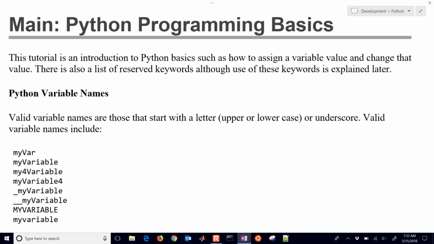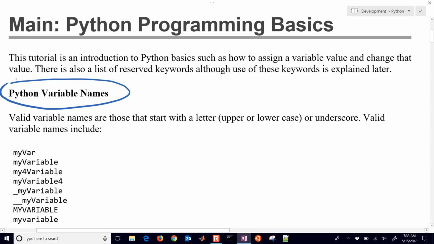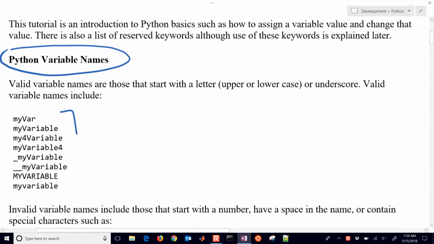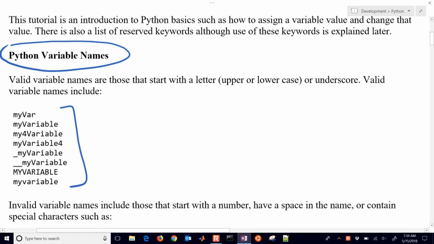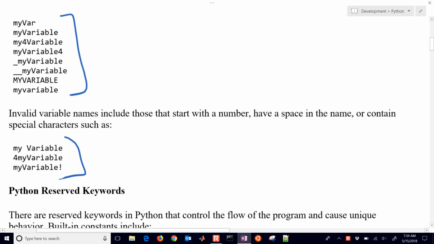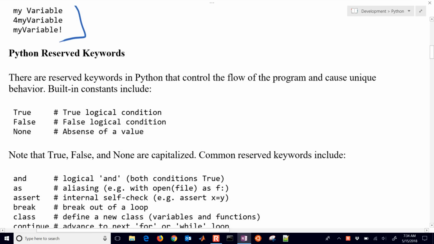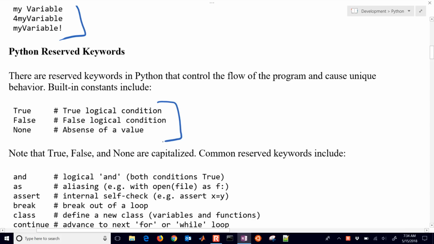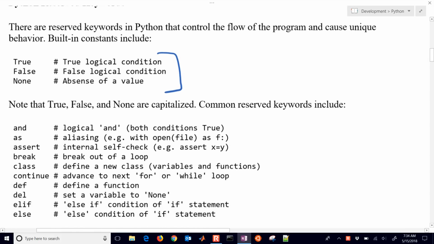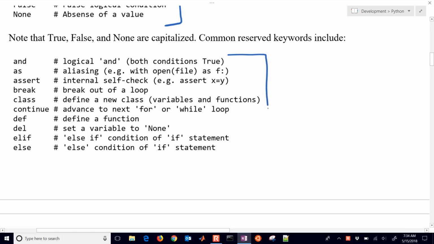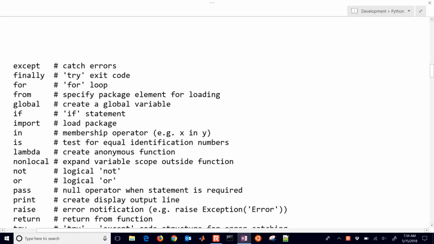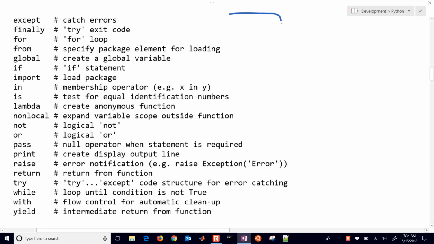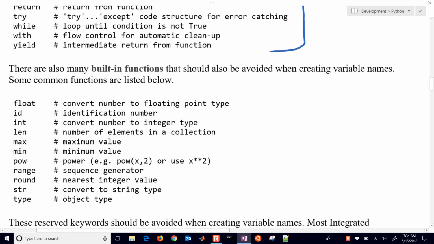In this tutorial, we're going to go over some of the basics of getting started with Python. We're going to start with how to name variables in Python and some of the allowable ones, some of them that are not allowed, and also Python reserved keywords such as built-in constants. We also have these other reserved keywords, just a basic description of what they do. And so there's a fairly long list there, ones that you want to avoid when naming variables, and then also